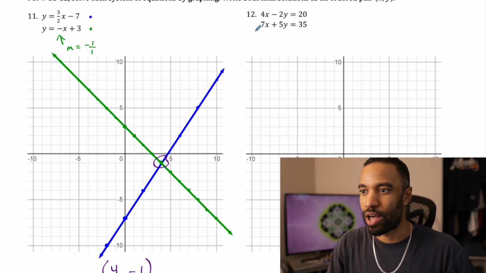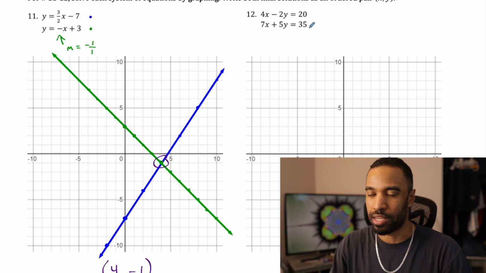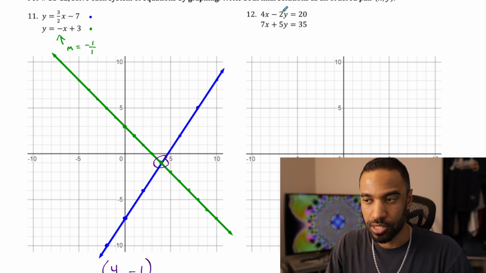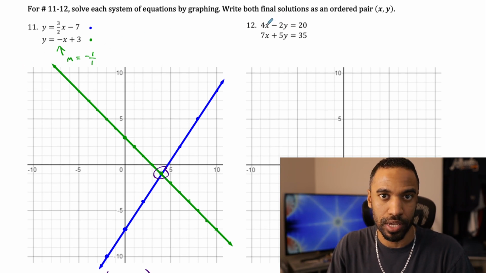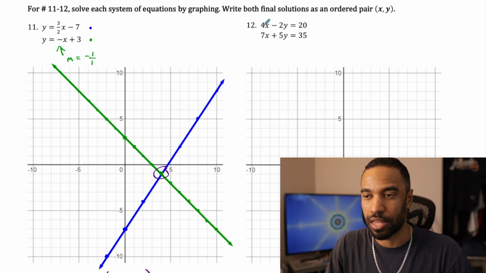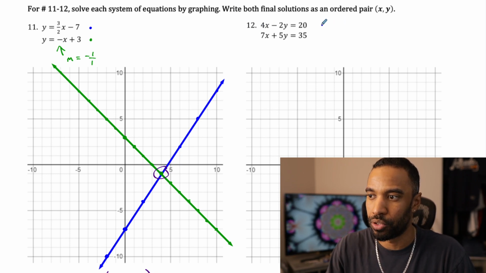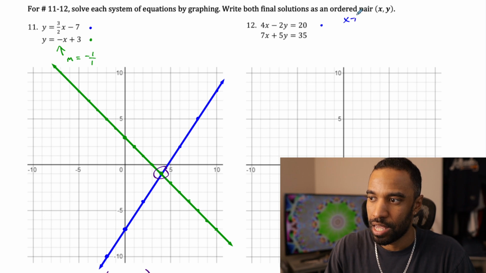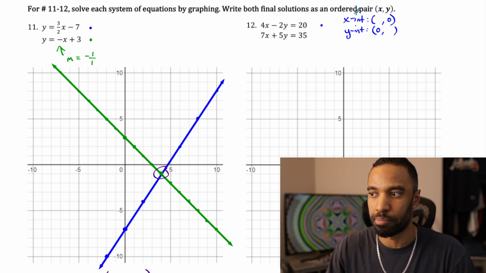All right, number 12 here, 4x minus 2y equals 20 and 7x plus 5y equals 35. These are in standard form, and I've stressed a little more for my students now to graph using intercepts. The way you can do it is you'd set the other variable equal to 0. So in the top equation here, which I mark in blue, my x-intercept and my y-intercept are found by setting the other variable equal to 0. If the y-intercept is 0 comma something and the x-intercept is something comma 0, it'll be a pretty simple substitution